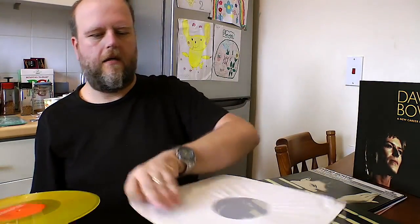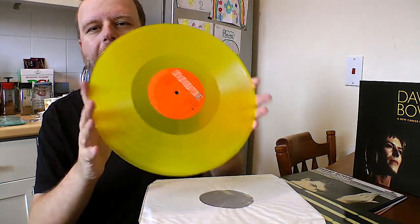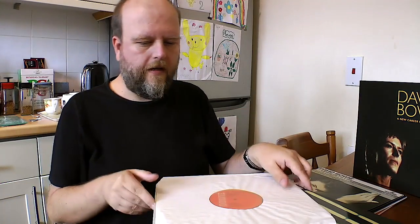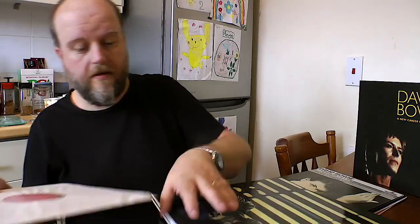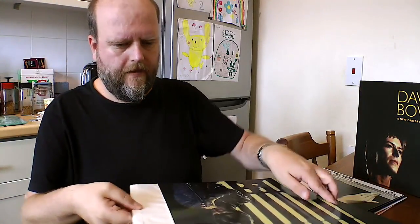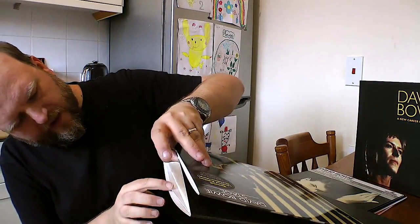I'm sure as Bowie was on his deathbed, he said, you know what? Make the vinyl piss yellow. And so they did. It's almost as bad as the gold versions of Hunky Dory and Ziggy Stardust, because they weren't really gold,